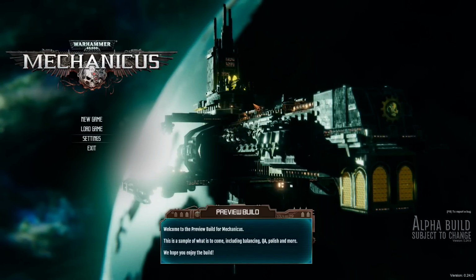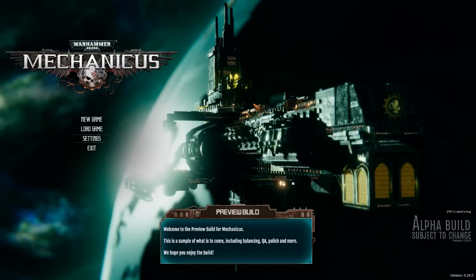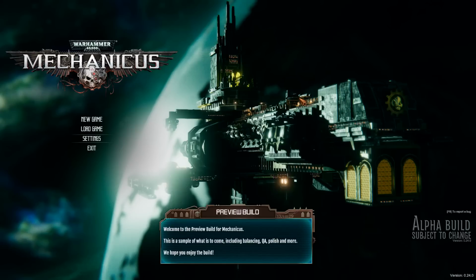It's currently, as you can probably see in the bottom right there, an alpha build. It's a turn-based tactical game. The alpha build they've sent me has 4 missions, I think, including the tutorial. I played it through in its entirety, so we're going to share some first impressions, but do keep in mind